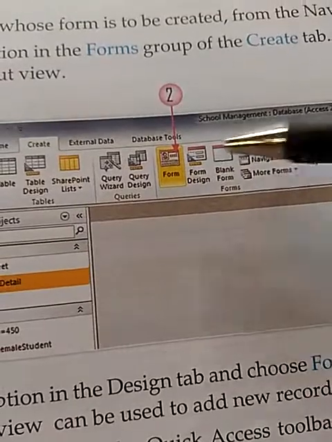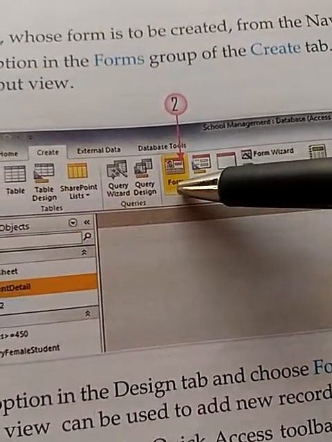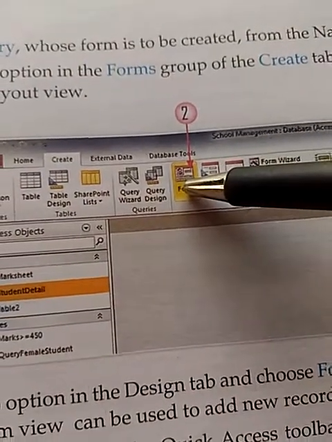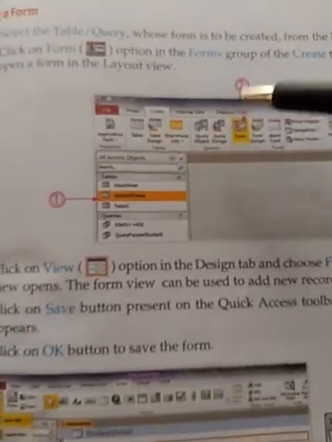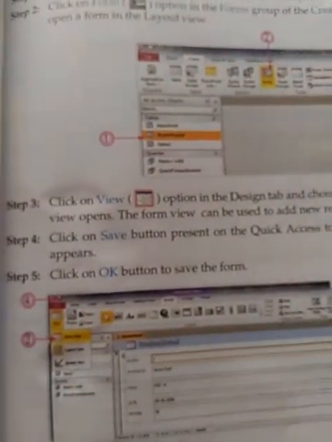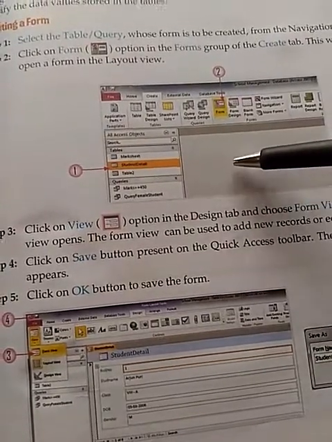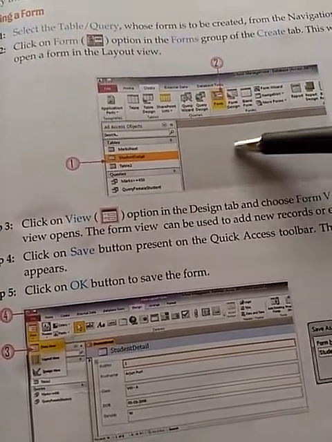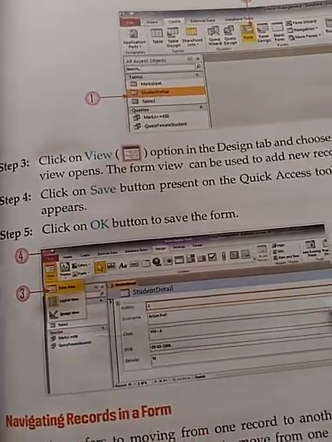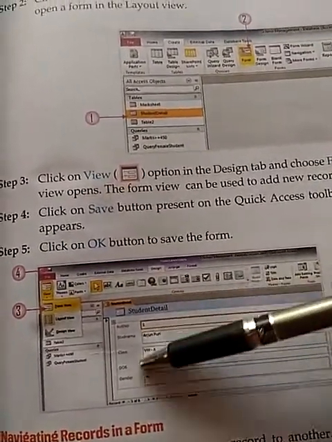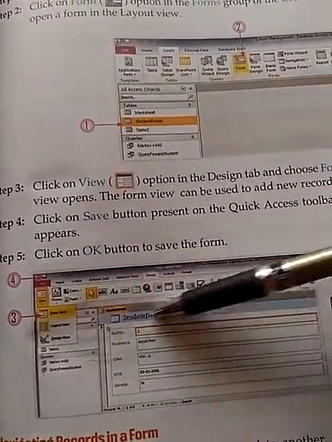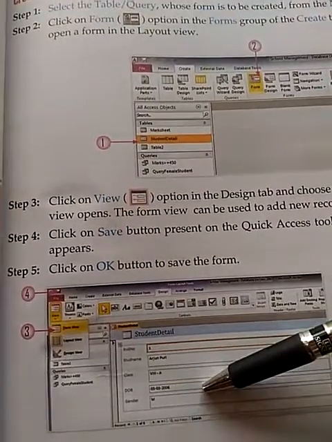In the forms group, you will find the option form. Click on this option form. As soon as you click on this option form, you will get the form in this working area like this. So this is the form which will appear in this working area.